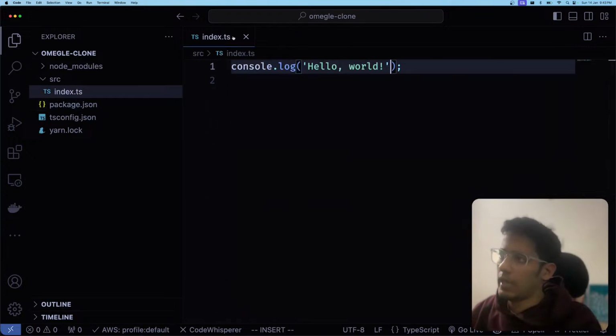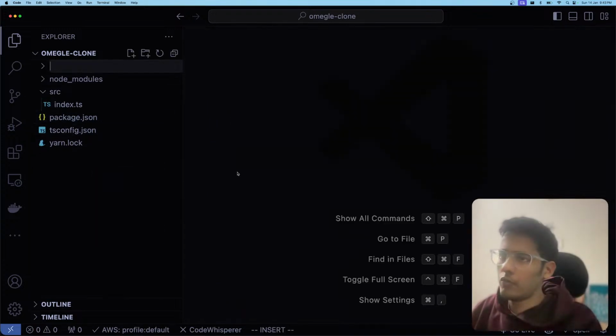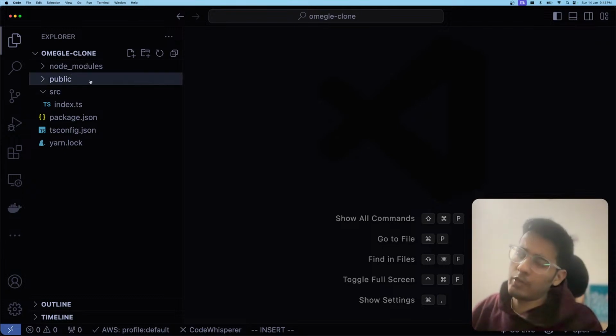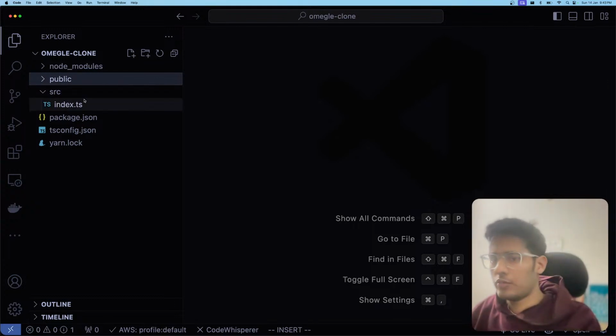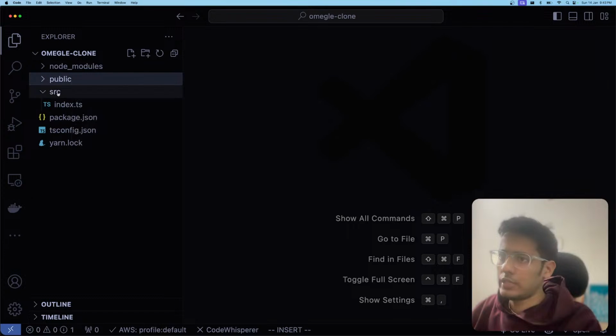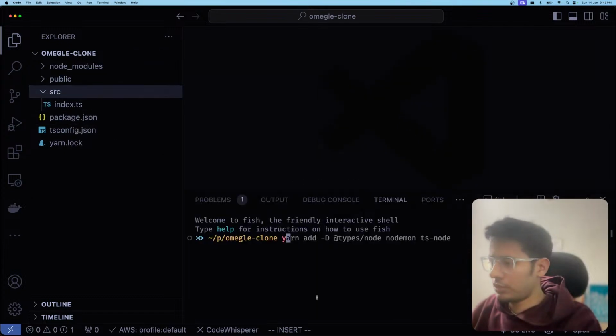Super cool. And then after this, we'll create a folder and we'll call it public. So public, and this public could be our front end code basically. So this will be our front end code. So in the source directory, what we'll do is